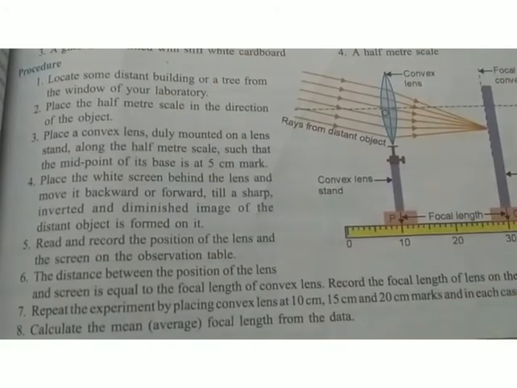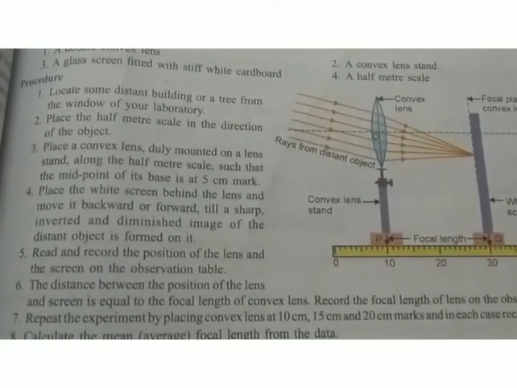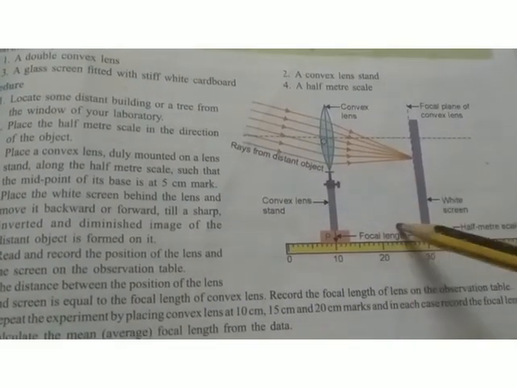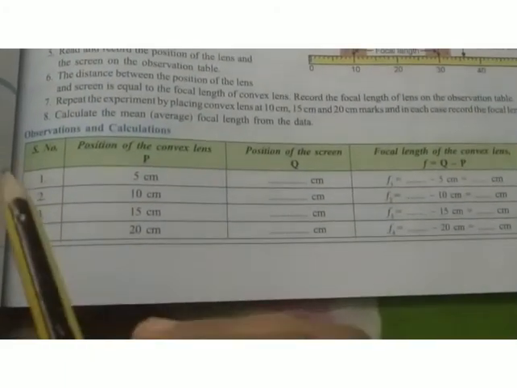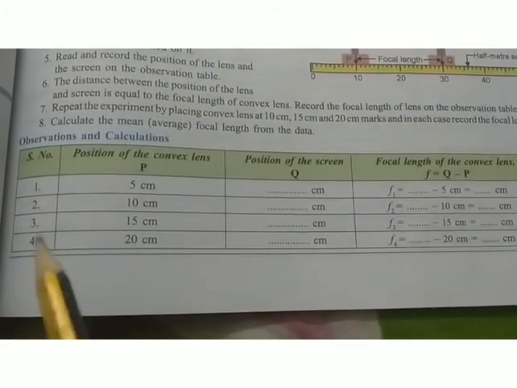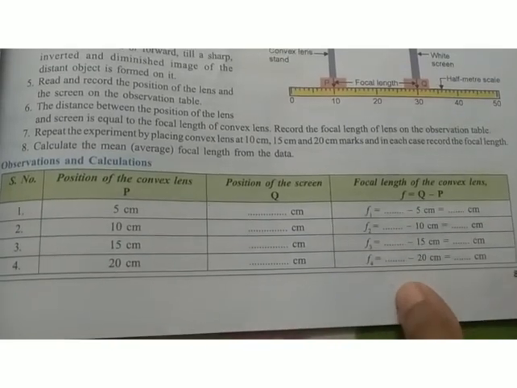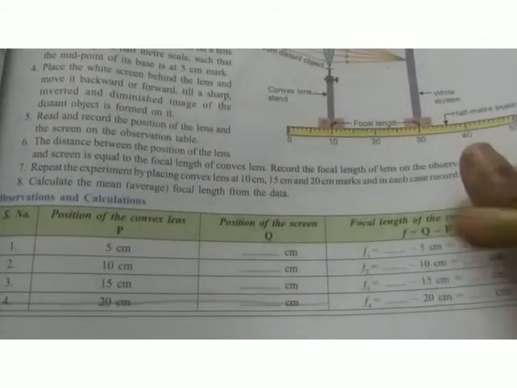Okay, so this is the principle or theory, and this is the apparatus, and this is the procedure. So you need to write the procedure, but I am not going to explain the procedure because it is well explained in that YouTube video. Then this is the figure that you are supposed to draw, and you must draw the figure on the left hand side. And this is the observation and calculations. It should be on the left hand side. Draw the table and leave these columns. We can fill the columns soon after performing the experiment. Okay, only 3 readings are required. Only 3 values are required for focal length.